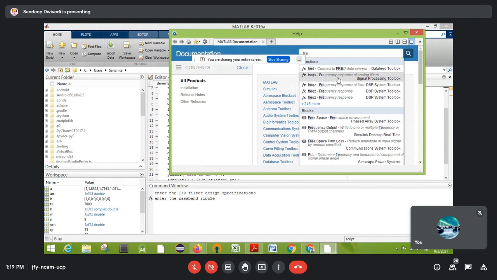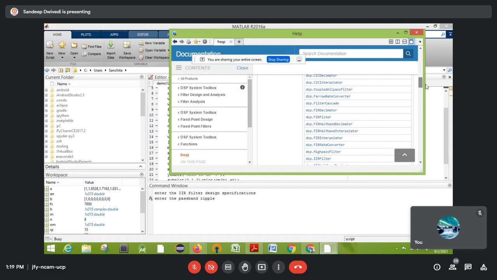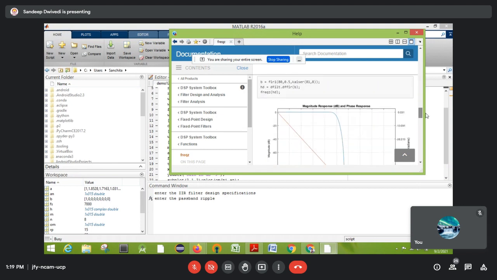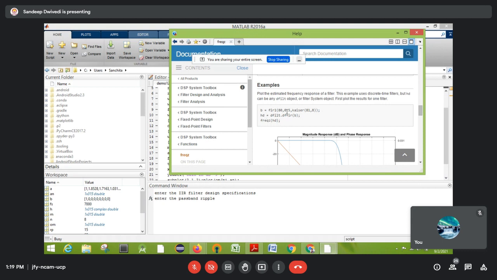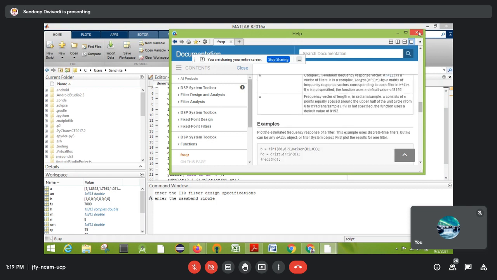As you enter this Z1, see here, how to use it, all the information, syntax and description, is available. You can go through this, some examples are also there. Like that, for any command you can go like this. Is there any doubt?